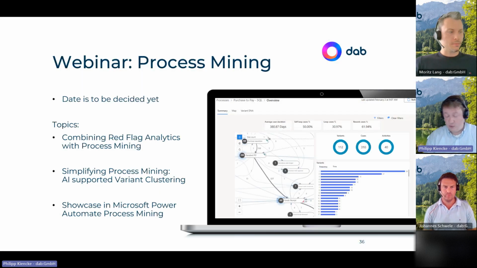And a second thing which we will be doing during summer is a webinar about process mining. Together with Microsoft, we do a lot in the process mining area. In that webinar, we will also show you how you can combine red flag analytics, like potential duplicate payments, with process mining to see how my process for the potential duplicate payments deviates compared with my standard process, to find also if some red flags occur due to wrong processes or process